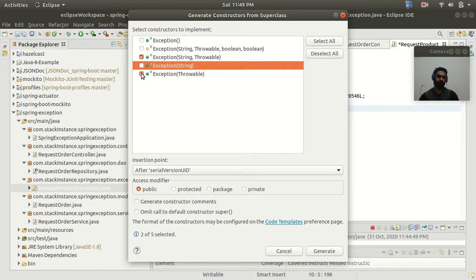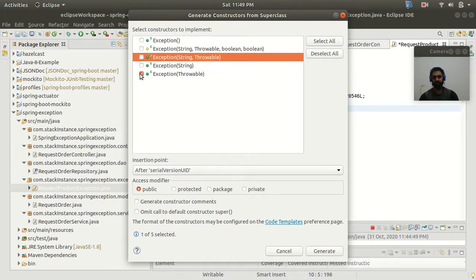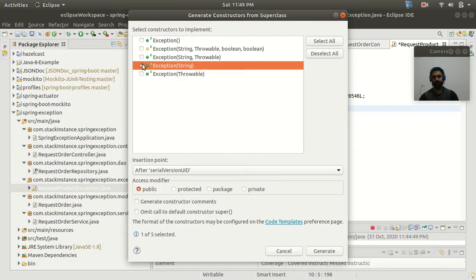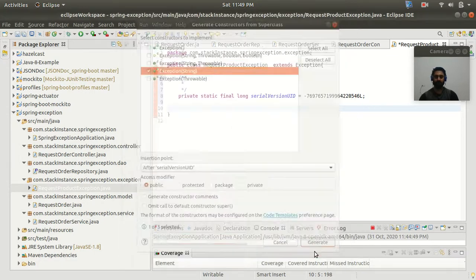I will select the one with the Exception and a string message.